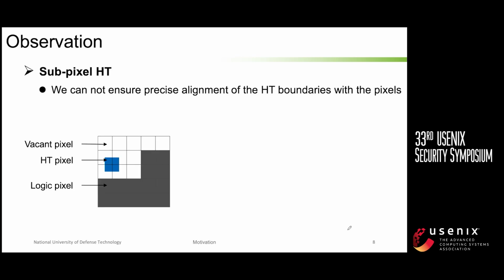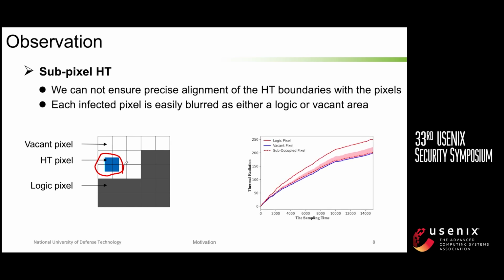Subpixel HTs pose a realistic challenge for TR-based detection due to their tiny size. It is really hard to ensure precise alignment of HT boundaries with the pixels, leading to a significant reduction in occupancy within each HT pixel. As shown in this figure, the HT occupies only a quarter of each affected pixel. Since TR changes depend on how much of the pixel is occupied, some subpixel HTs may evade detection using existing